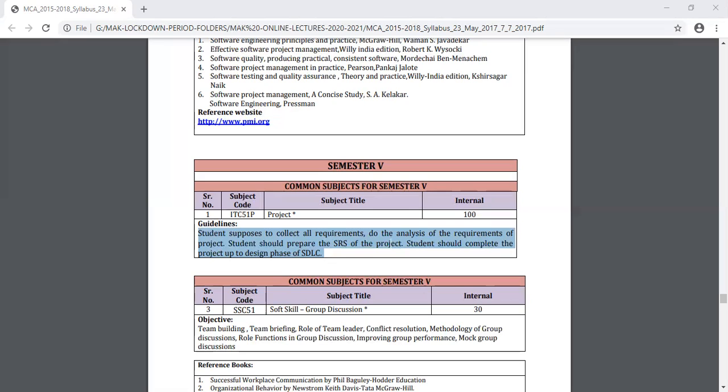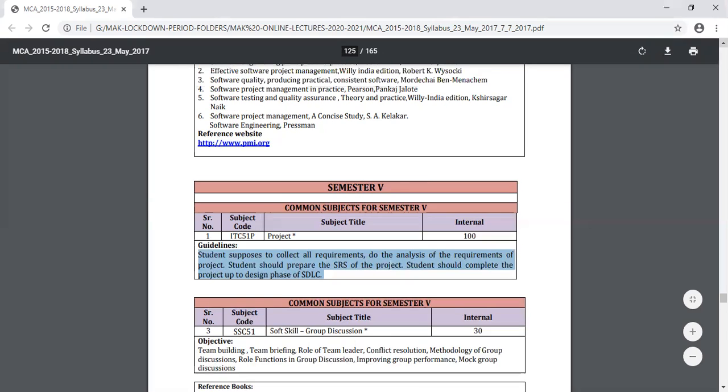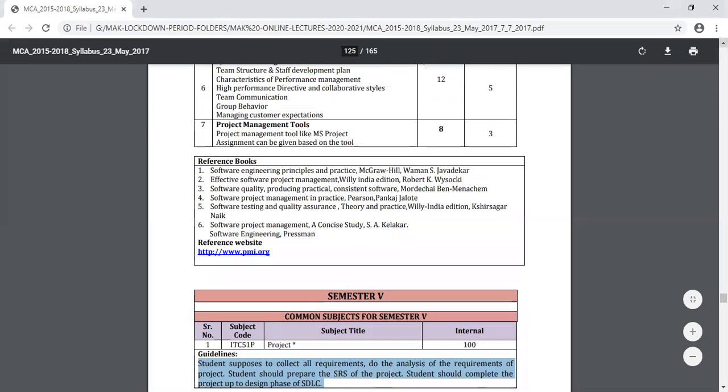6th sem, so that it will be like a foundation for you. The fifth sem project will be a foundation for you for the sixth sem. You have to take it that way, and accordingly you can comply for the project,